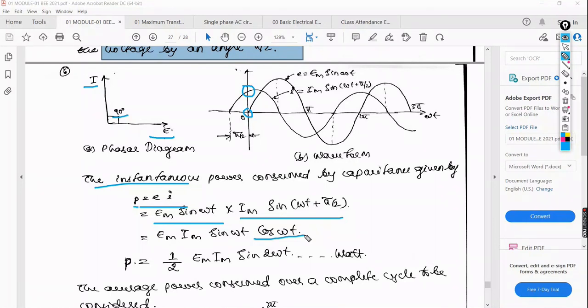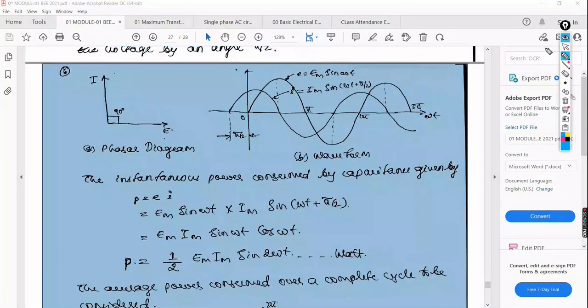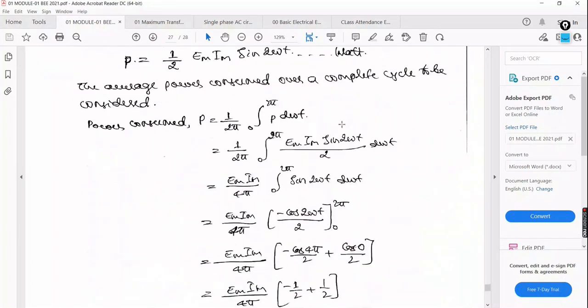What is sine into cos? It is sine 2 theta by 2. So sine 2 theta into 1 by 2, that is 1 by 2 Em into Im into sine of 2 omega t. This is the instantaneous power in the case of the capacitance. But we need to evaluate the average power. What do we need to evaluate? The average power, the power consumed by the pure capacitance